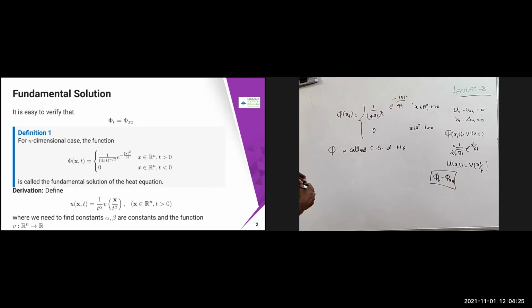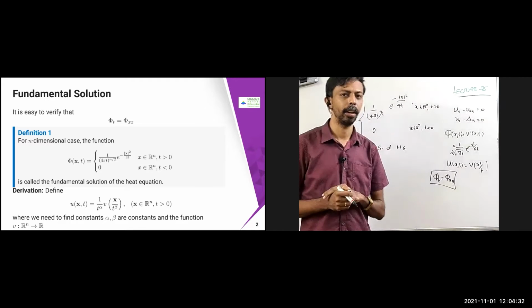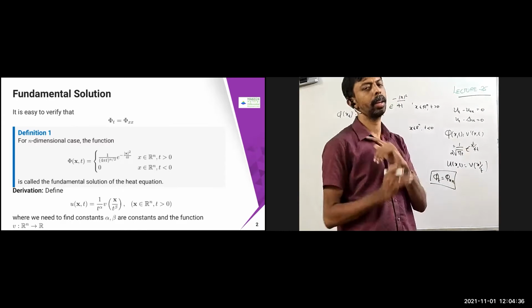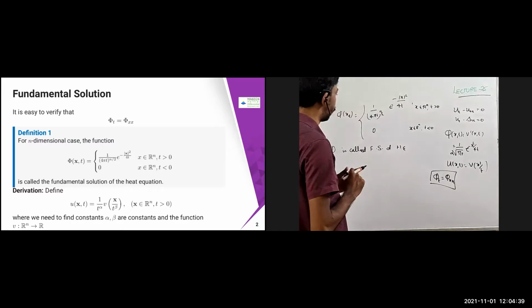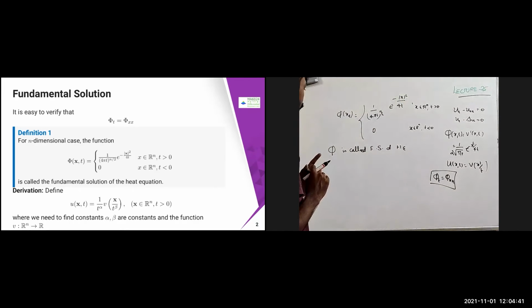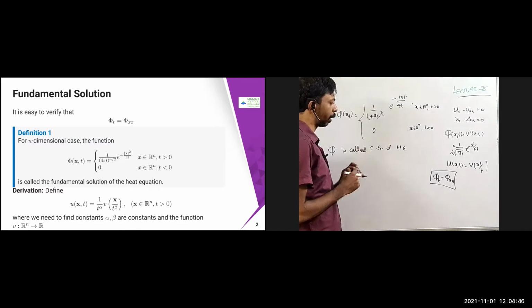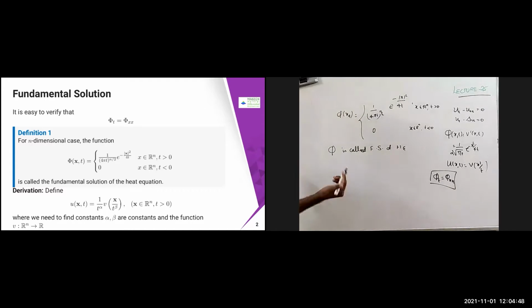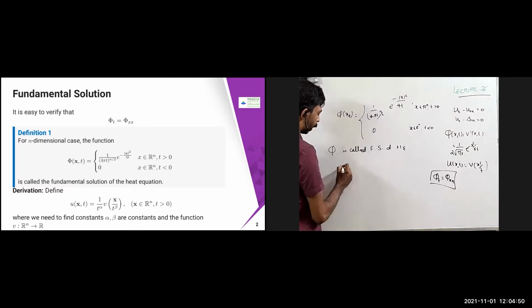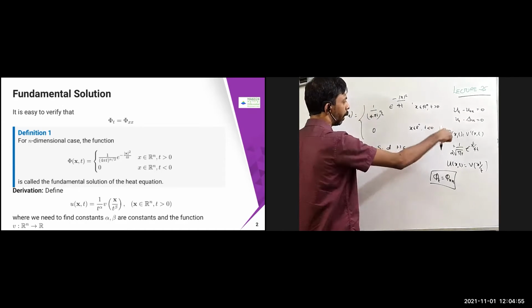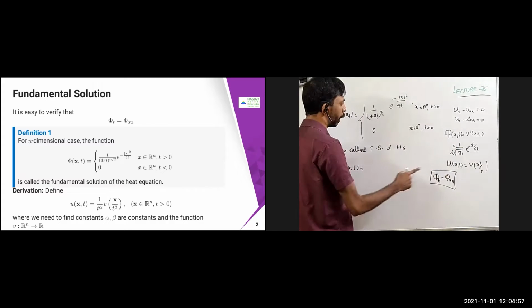So far, for the Laplace equation or wave equation also, we have not proved some of the theorems. So for all these things together, I'm going to prove this theorem. The same concept you can use for the Laplace equation and wave equation also. So that is a theorem. We are going to prove it right now, which I have given as an exercise for one or two cases. Let us define u of x comma t equal to, so how do we obtain this one? Here we have used u of x comma t is equal to v of x square by t, and then we obtained, right?